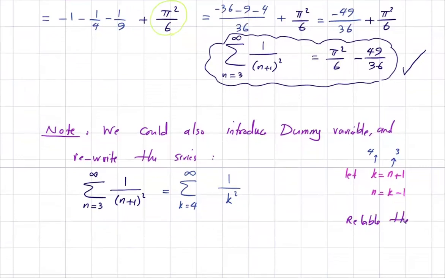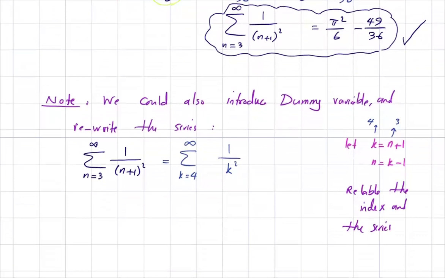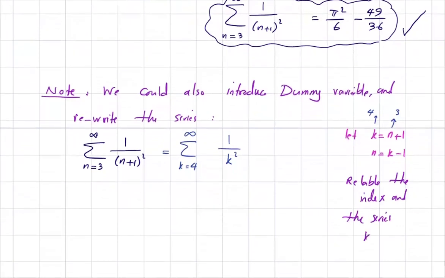Relabel the index and the series. What do I mean by that? It means that wherever you see k, use n. So this series in terms can be written as,